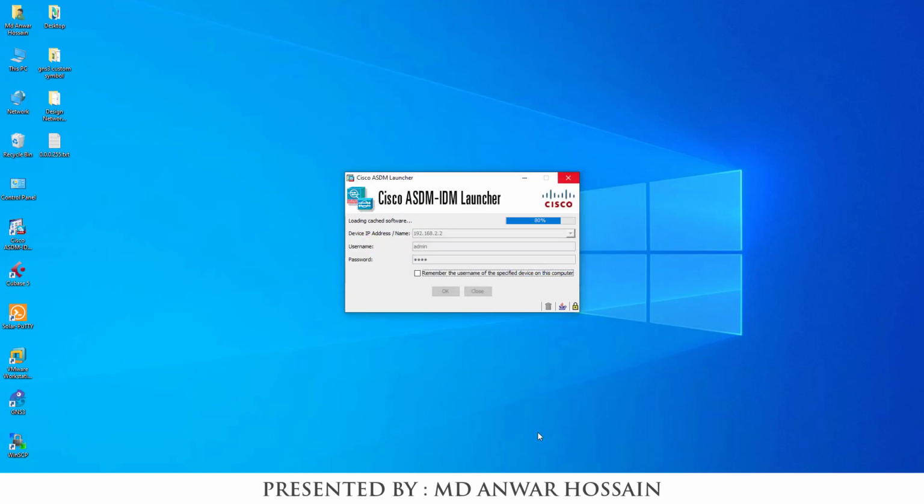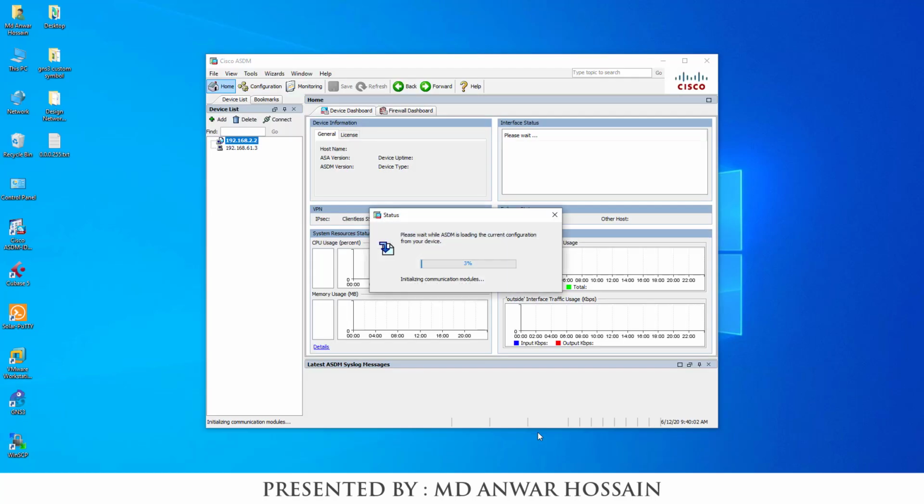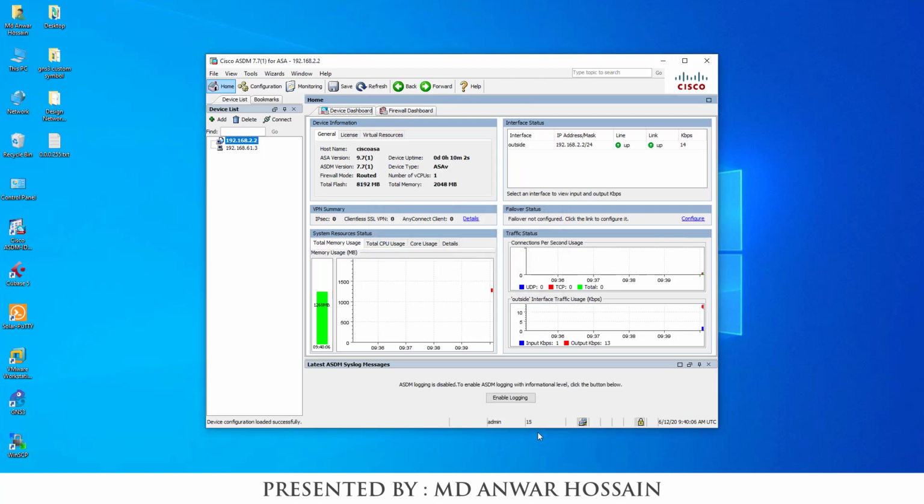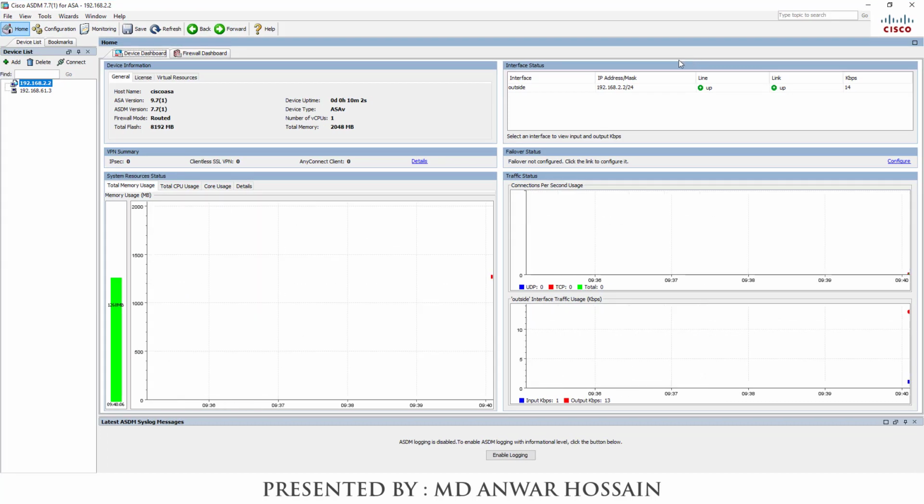We can see ASDM launcher is loading. This is our Cisco ASA firewall graphical interface and we can see host name, version, firewall mode, total flash memory, device uptime, number of CPUs and the total memory.